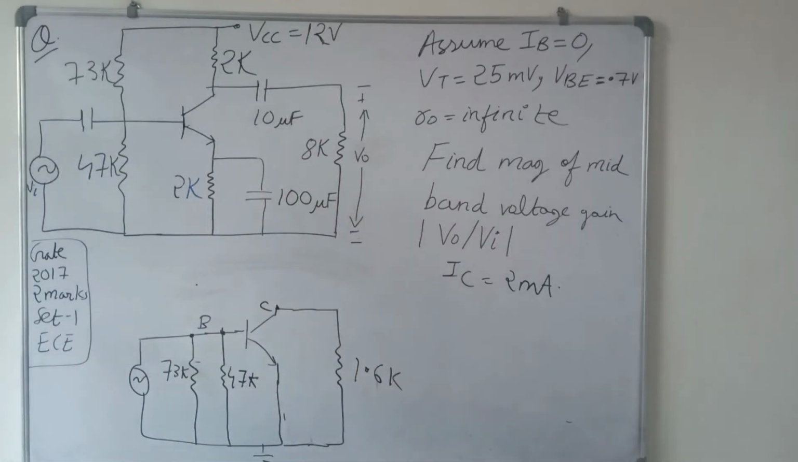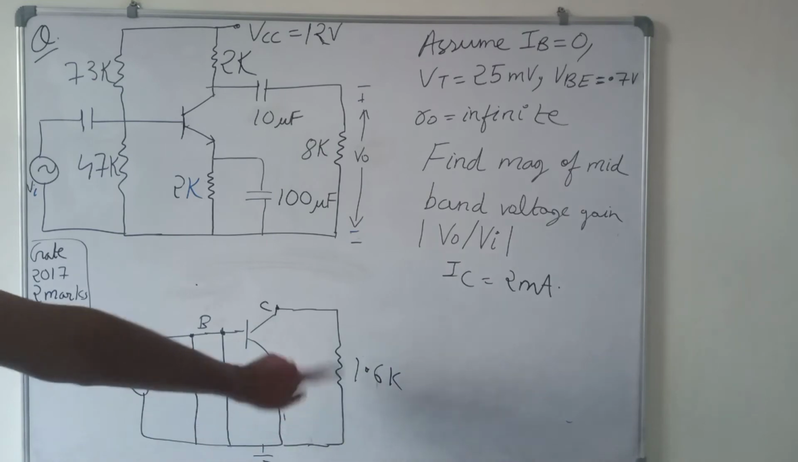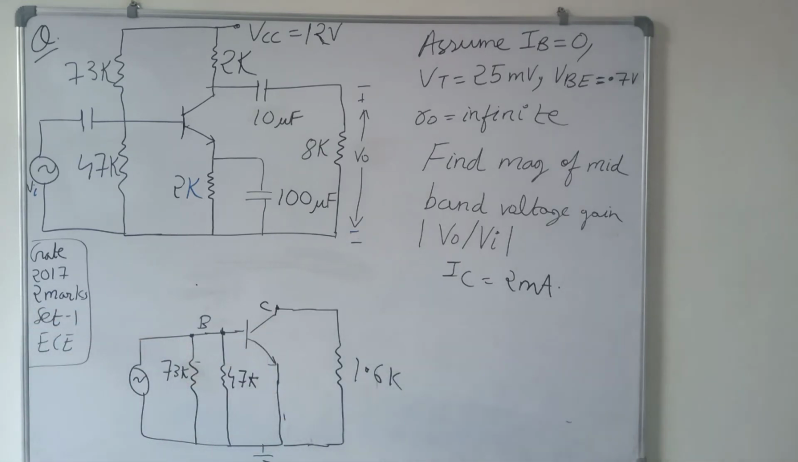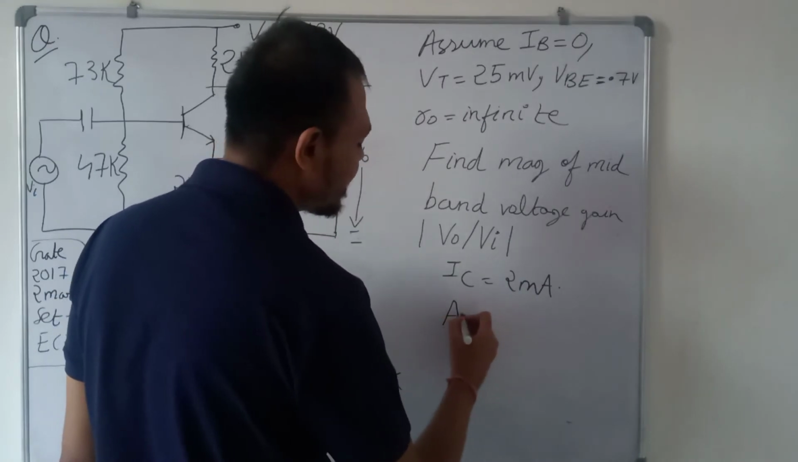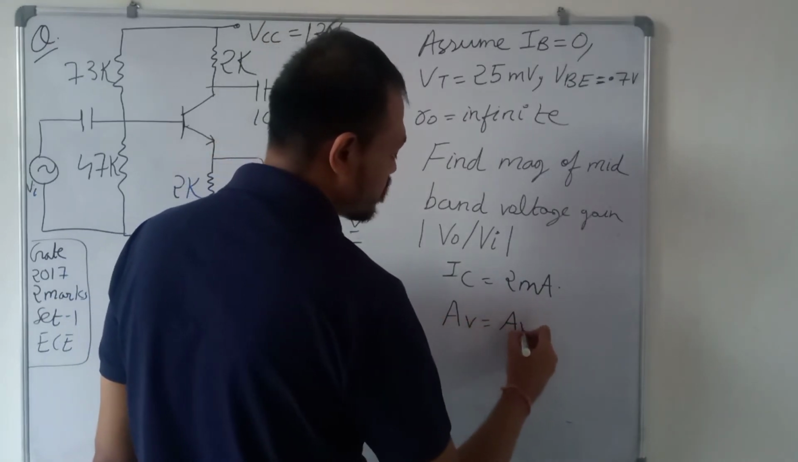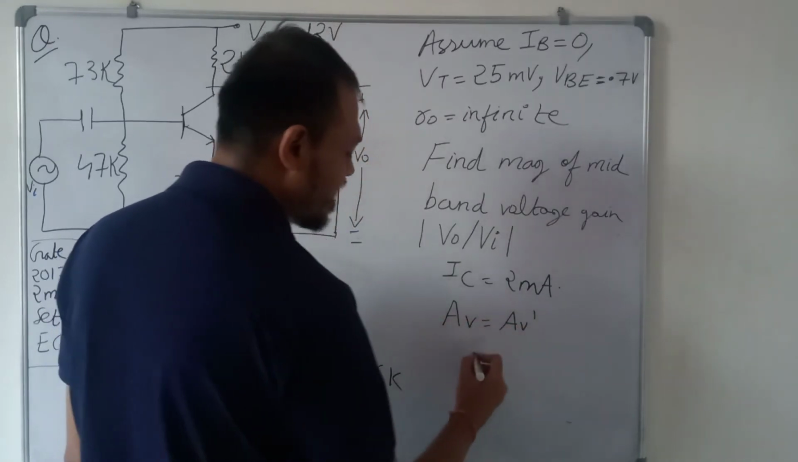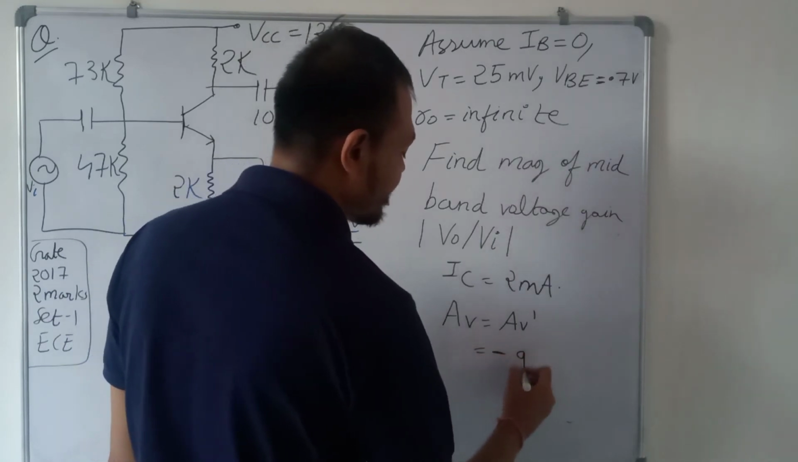So now all the resistances are in shunt, all the resistances are in shunt or in parallel. So for the mid-band voltage gain, the external voltage gain will be equal to the internal voltage gain. So AV will be equal to AV dash, and the formula for AV dash is minus GM into